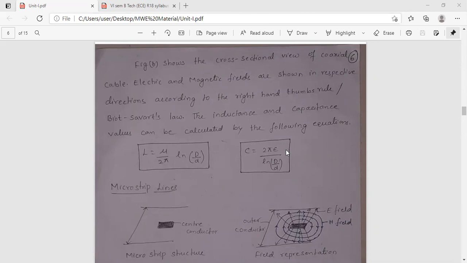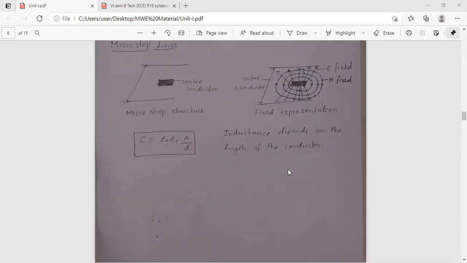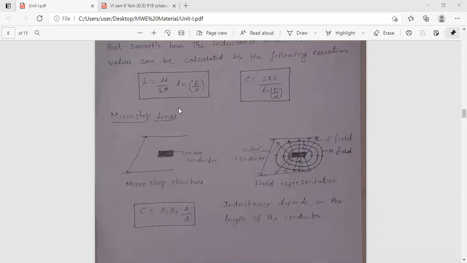Next, the third one, the last one, we'll see about the last type, microstrip lines, which are used at microwaves. That is called microstrip lines, the last type of transmission line. So with this, I will wind up the class. You can see that this is the conductor, an outer conductor we have, and the black shaded one is nothing but a strip, a strip or a patch.